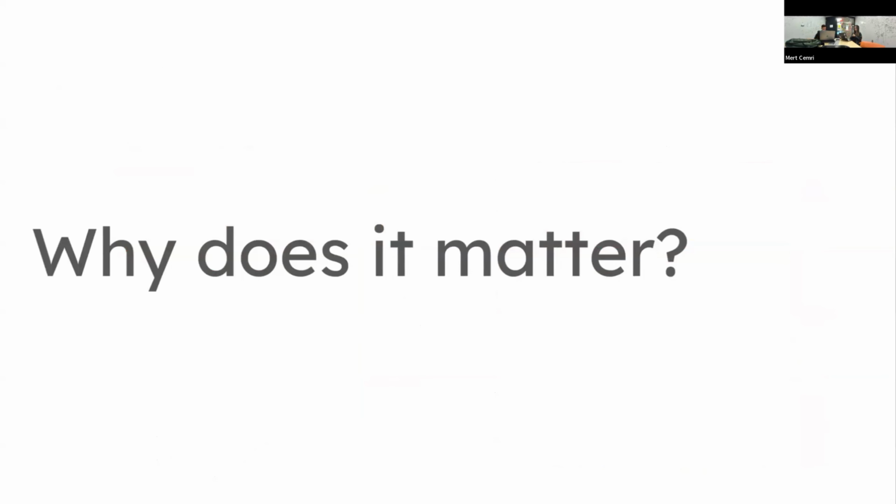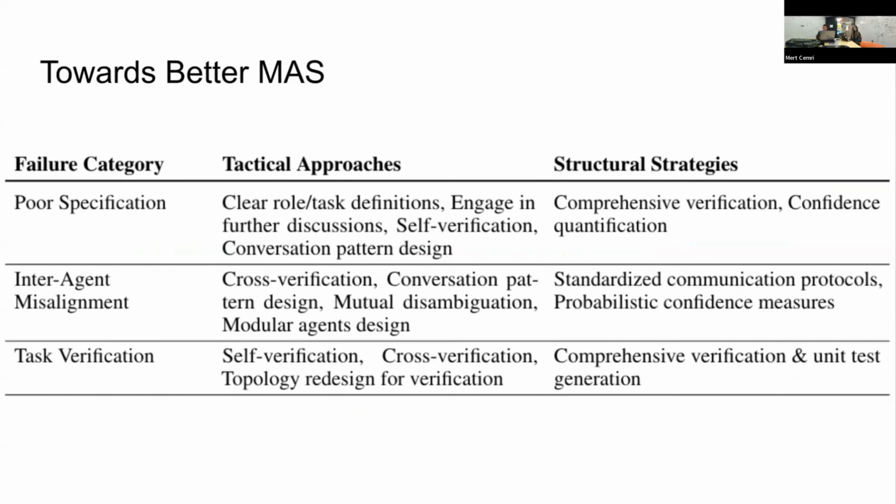Now, given that we have a taxonomy, why does it matter? How is this taxonomy ever useful? One answer is that, given a multi-agent system and its traces, you can use our taxonomy as a debugging tool to understand what went wrong with your system. Because let's say you have a multi-agent system with which you are unhappy